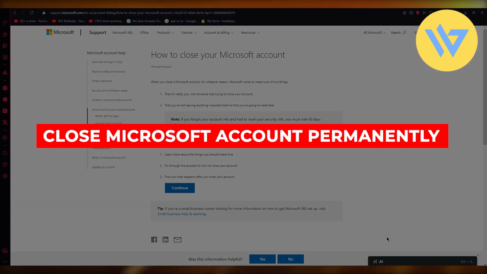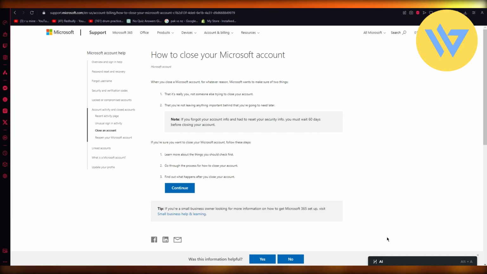How to close Microsoft account permanently. Hello everyone, in this video I'm going to be quickly showing you how you can delete or close your Microsoft account permanently. So for this, what you're going to do is you're going to come over to your Google and